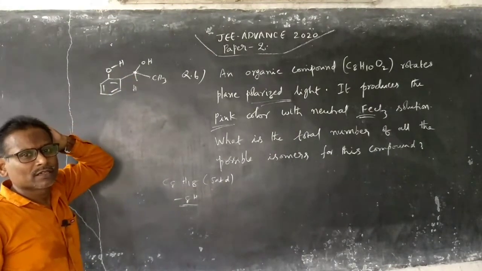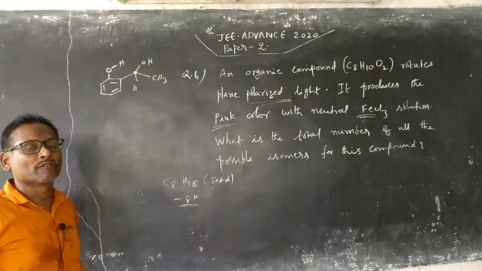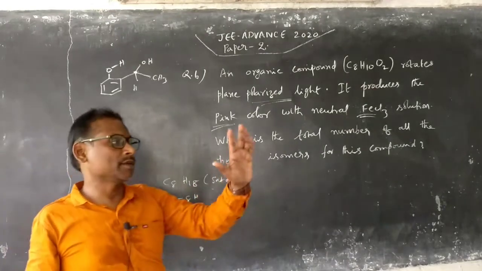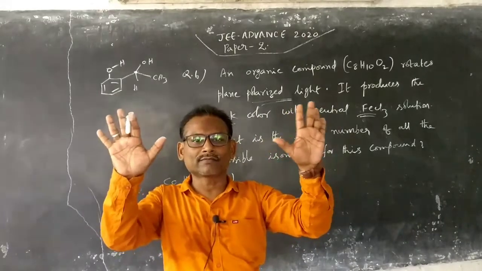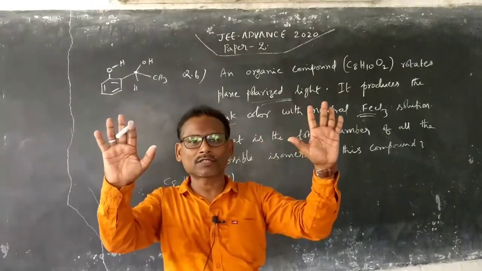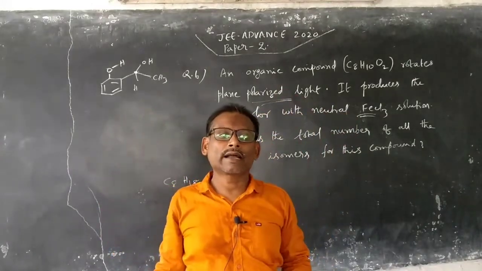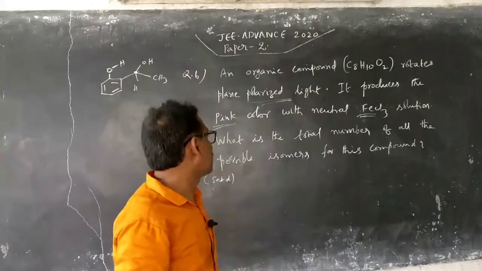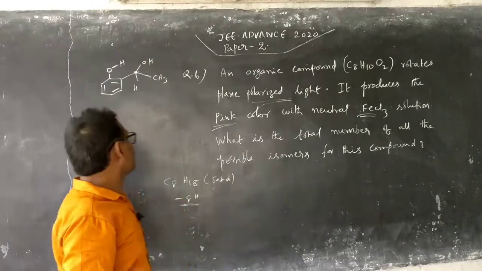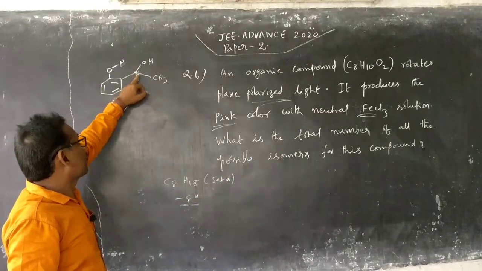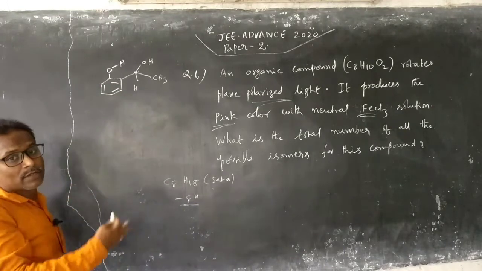What is meant by chirality? Chirality means its mirror image cannot be superimposed over it. Suppose we take the mirror image of the left palm; it is the right palm. Both are not identical. The left glove and right glove are mirror images of one another, and both are different. Such a relation is responsible for chirality. So chirality is the required condition to obey the experimental fact that it rotates plane polarized light. I am taking one of the chiral carbons. This is accepted. Now how many isomers are possible?